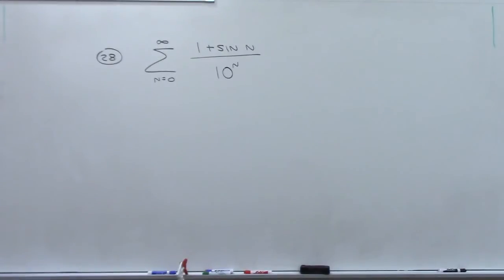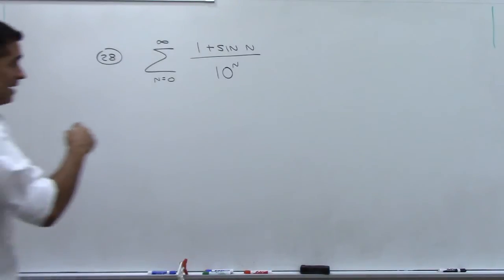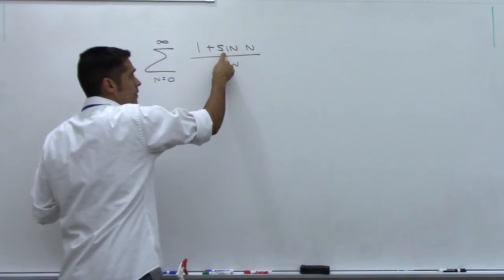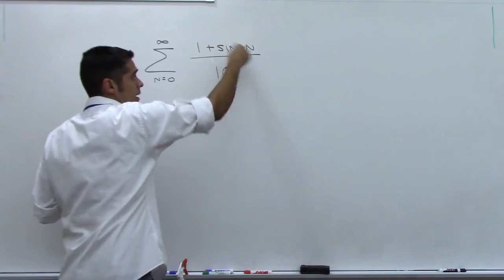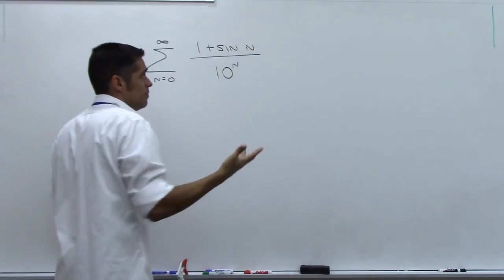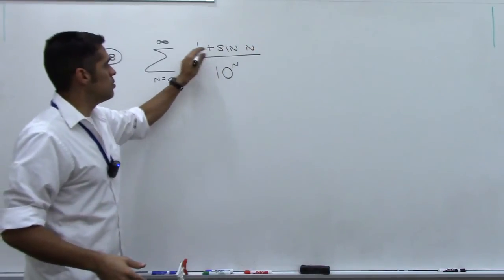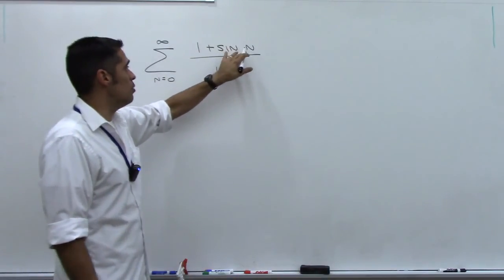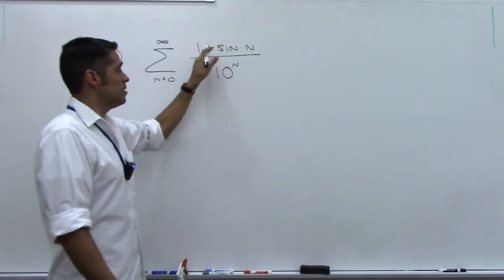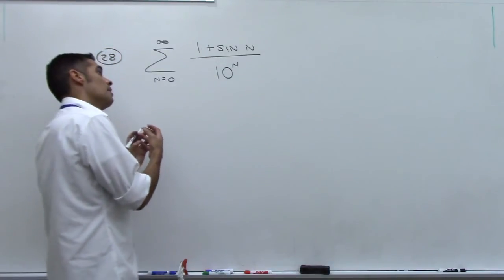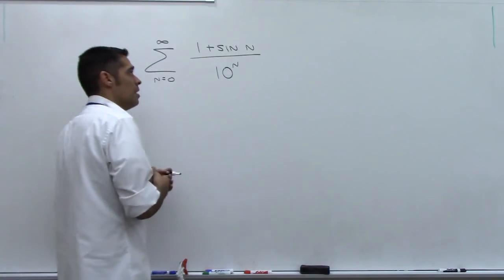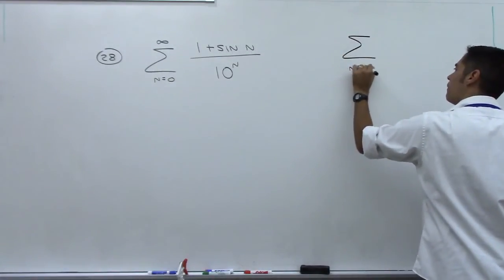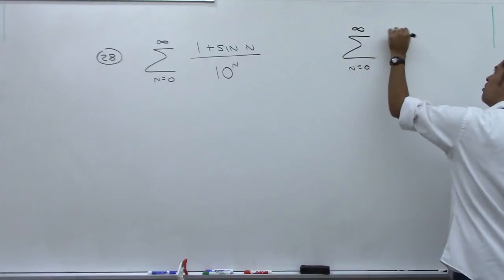That sine in there is making me think that, again, kind of like worst case scenario, what if the biggest this could ever be would be 1. So the top, the biggest it could ever be would be 1 plus 1, which would be 2, and the smallest it could ever be would be 0, right? If sine of n is -1, this would be 0. So worst case scenario, I get 0 on top or 2 on top. So why don't we compare it to a 2 on top,